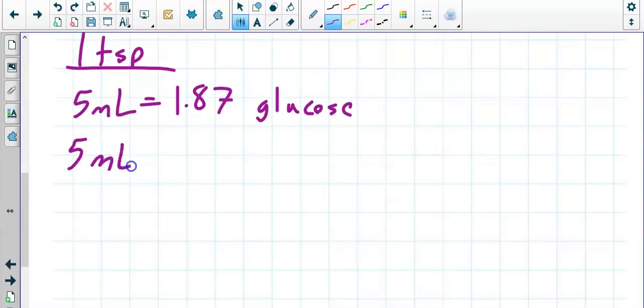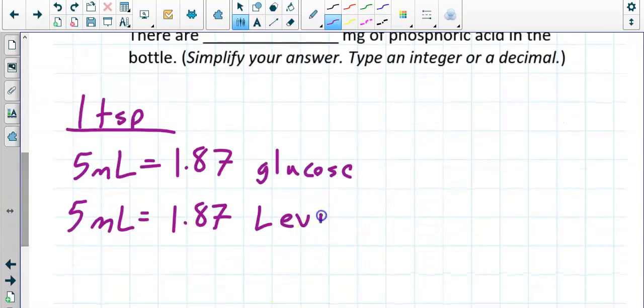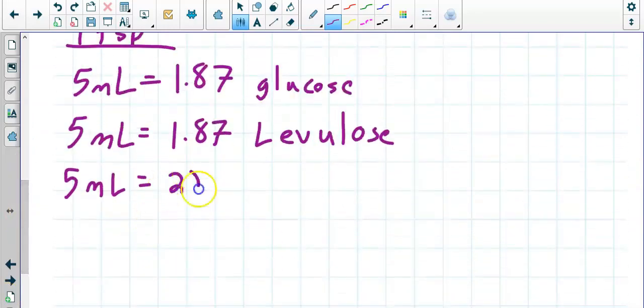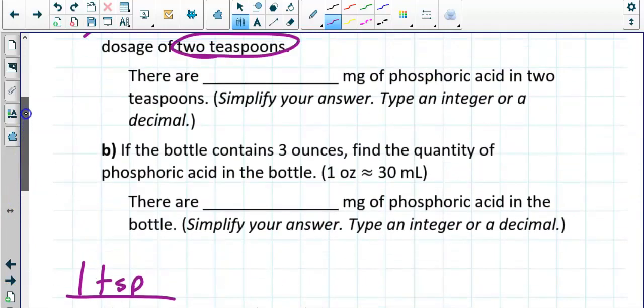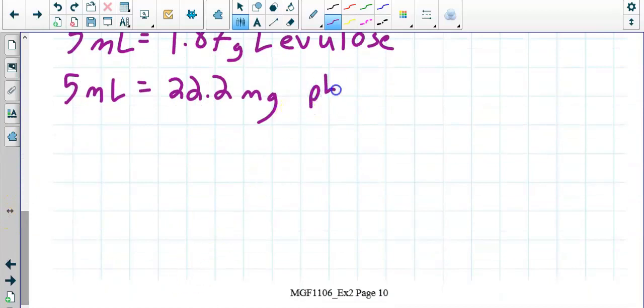We have 5 milliliters of 1.87 levulose. And 5 milliliters also grants us 22.2 milligrams of phosphorus. And those, I think, were all grams, right? For the other guys? Yeah, grams. Almost forgot labels. Of the phosphoric